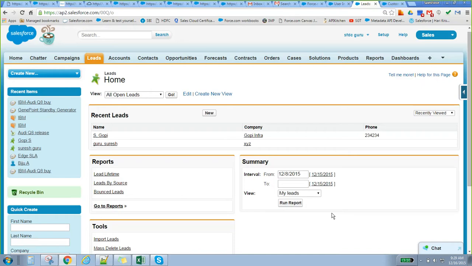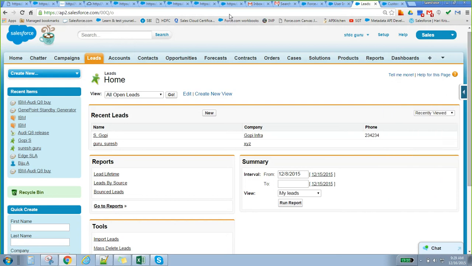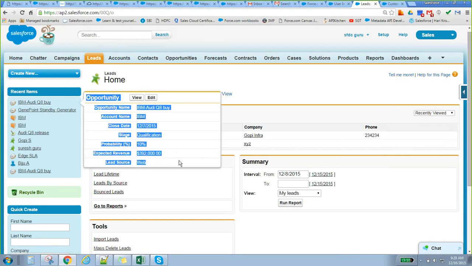So what is nothing but a user interface? Some of the things for a user interface setting. Let's say if you click on this one, this is something like a left side panel, right? It is automatically opening. So these are nothing but user interface. Let's say if you hover the mouse over this particular thing, it is basically opening some mini page